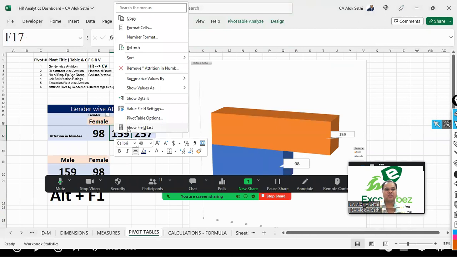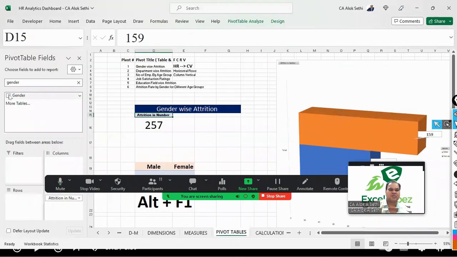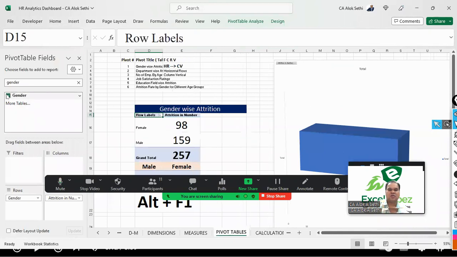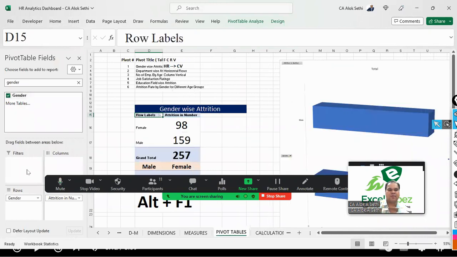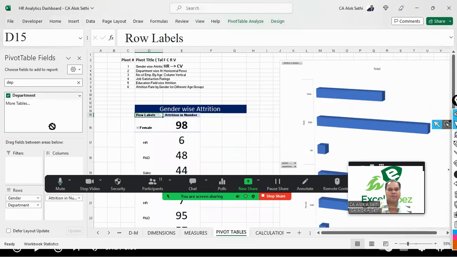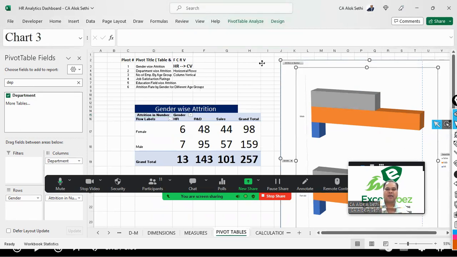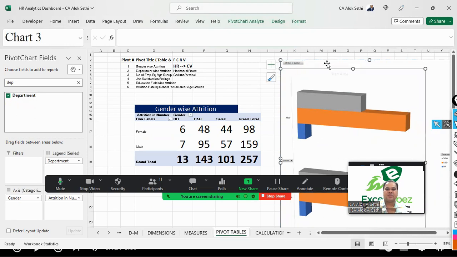Right click and you can just say show field list, तो आपको फिर से ये फील्ड्स नजर आएंगी सारी। ठीक है, और आप जो भी चेंज करेंगे पिवट टेबल में, ठीक है, suppose मैं जेंडर डिपार्टमेंट वाइज देखना चाहता हूँ कि किस डिपार्टमेंट से कितने लोग छोड़ के गए थे, तो आप डिपार्टमेंट को भी इंक्लूड कर लीजिए। So when you include the department, now you will see different bars. अब आपको देखिए 3-3 बार दिखाई दे रहे हैं, तो ये जो 3 बार आ गए, पहले एक एक बार ही था मेल और फीमेल में, अब 3-3 बार हैं।